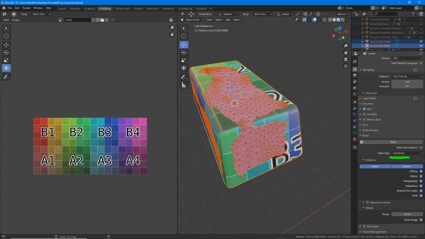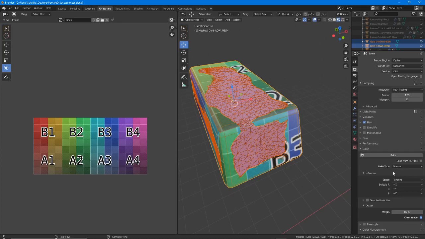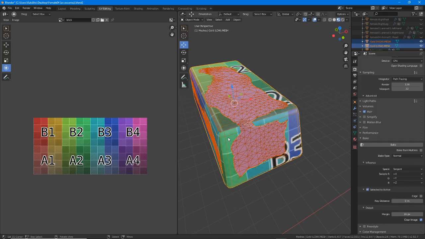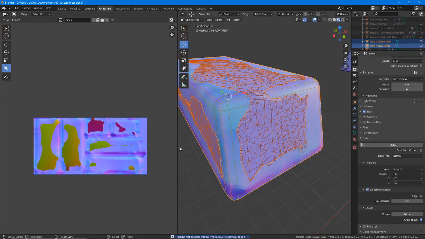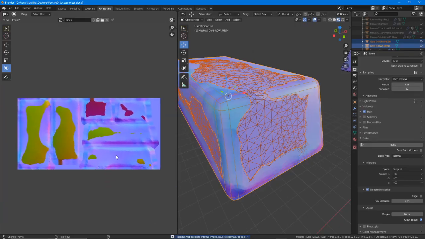Then bake type, we want that to be normal. So click that. Tangent space. We can leave the swizzle stuff for the moment. Select it to active. And then what we can do is just bake that and see what happens. So click the bake button and it produces that. And that is our normal map. But